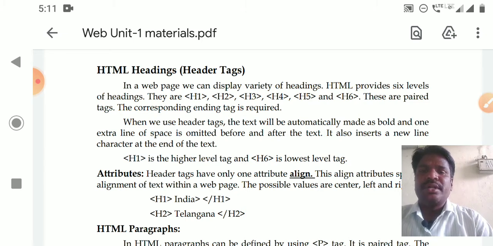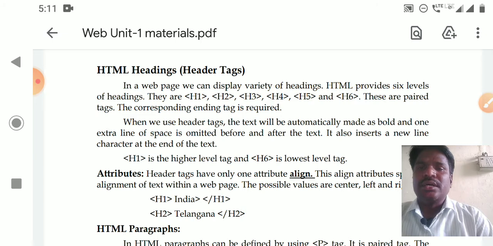How to create HTML document? By using a text editor. Just you have to open the text editor, say notepad and type the program and save the HTML program with .html as a file extension. Then what you have to do? You have to open the web browser. Then you have to enter the address of the HTML program. Then it will run the HTML program and display a web page.